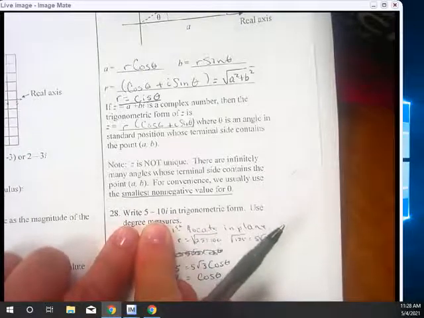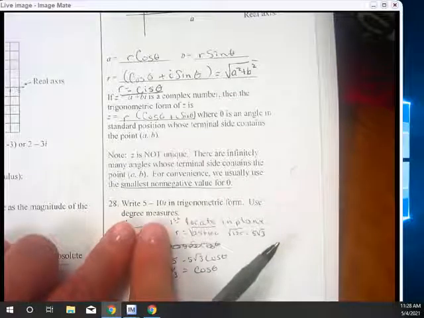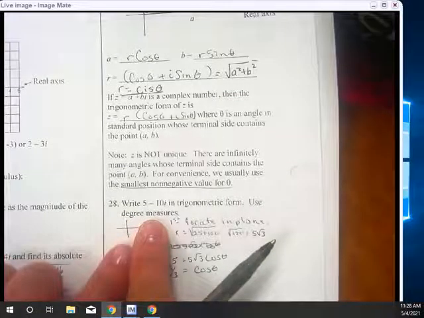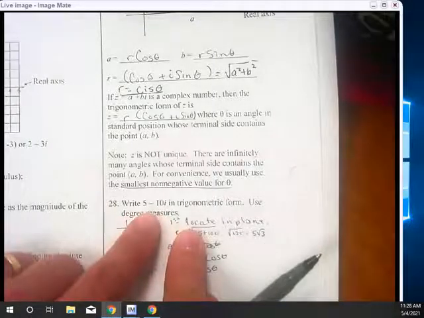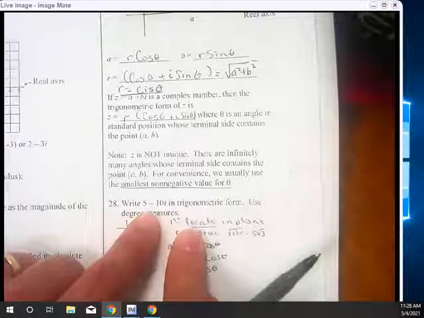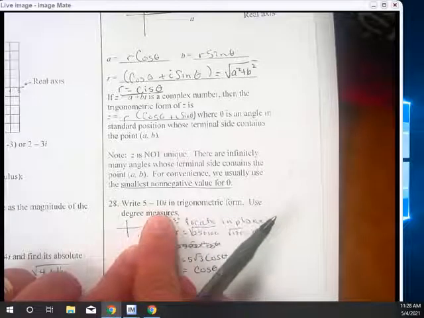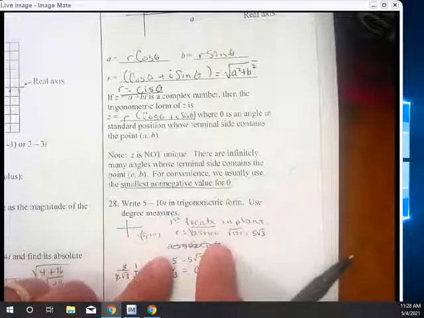On our assignment in the book, we are looking for the trigonometric form of 5 minus 10i. What I would do if I were you is I would locate that in the plane. Like, where is (5, -10)? It's in the fourth quadrant. Then I would write down, what is a and b? a is 5, b is negative 10. And then I would go ahead and find the r value. So 25 plus 100,